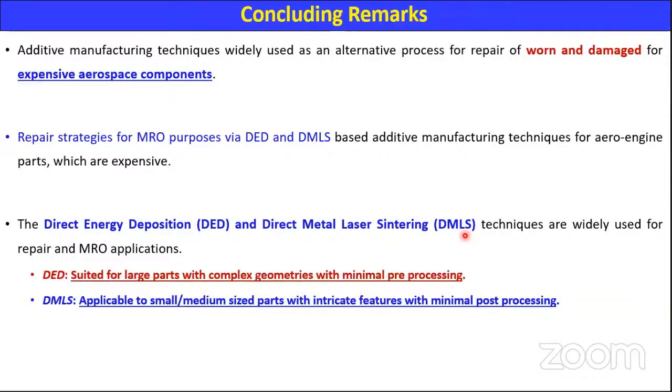As we know, the materials which are used for aero engine applications are very expensive, the manufacturing route and the cost and the material are very, very expensive. And if we can, because of very insignificant material loss, to discard such a big part would not be economical. If we can see that the component can be revived and repaired, and if it is satisfying the structural integrity, and it can perform to the end application or the requirement, we can make use of these two techniques,